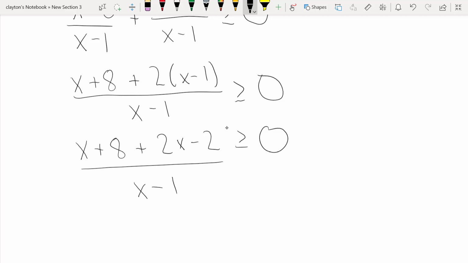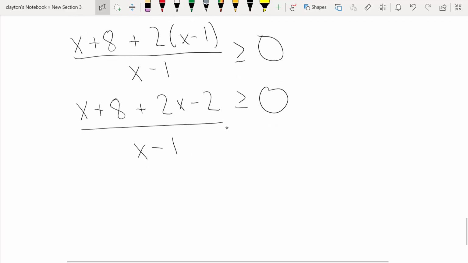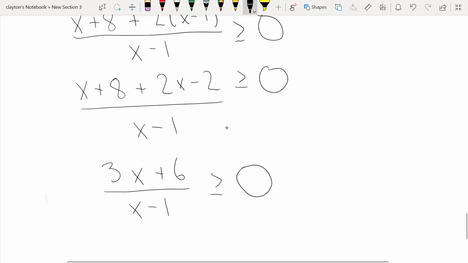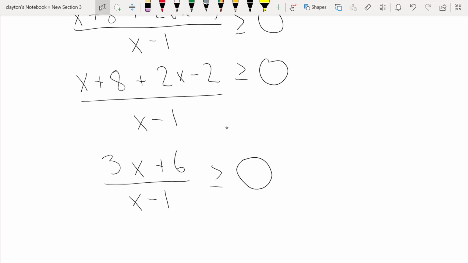And we need to combine like terms, right? So x and a 2x, 3x plus 8 minus 2 plus 6, and x minus 1. Okay. Now, hopefully this seems somewhat familiar, right? So we moved everything to one side, we found a common denominator. Once we find the common denominator, we need to